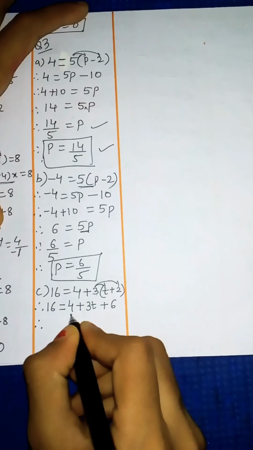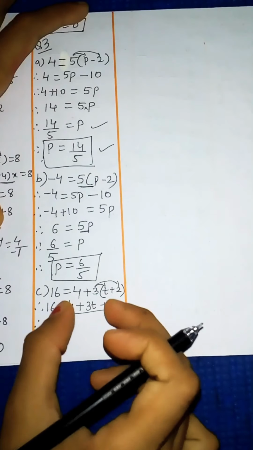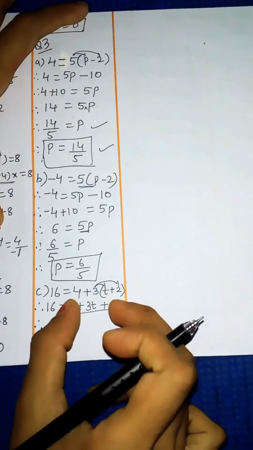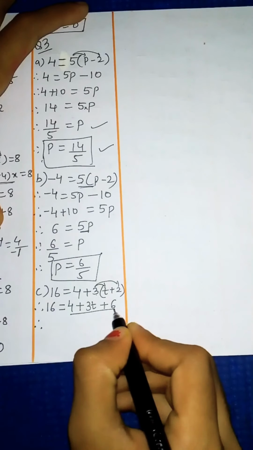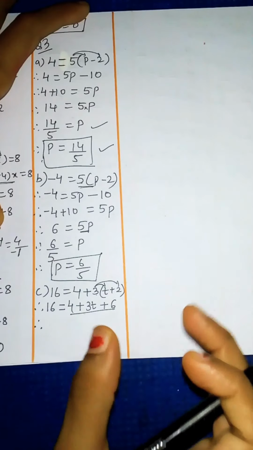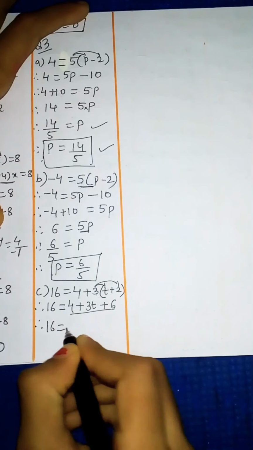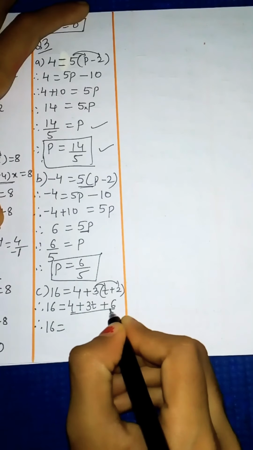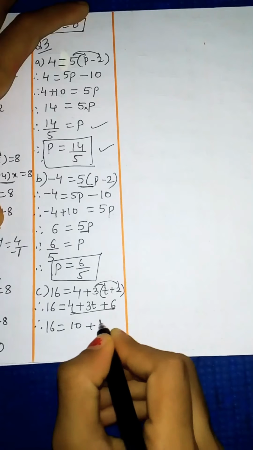Now on the same side two numbers are given, 6 plus 4. These three terms are given on the RHS part and this is given on the LHS part. So you can see that 6 and 4 are given on the same side, so without changing the place we can add them. So we will add up. 16 equal to, here 6 plus 4, both we will add, so the total is 10, and plus 3t